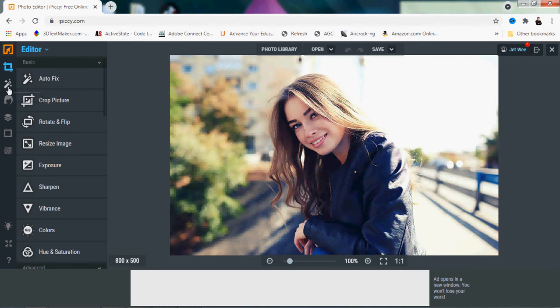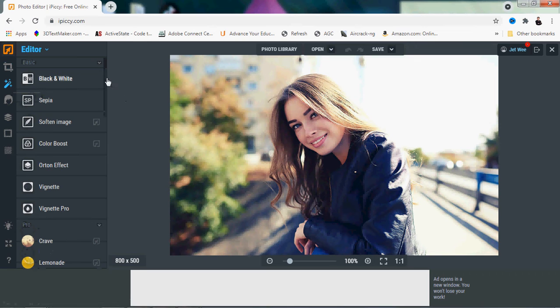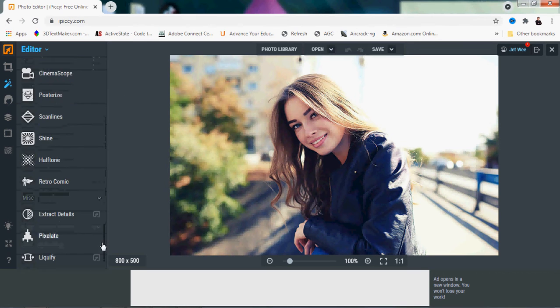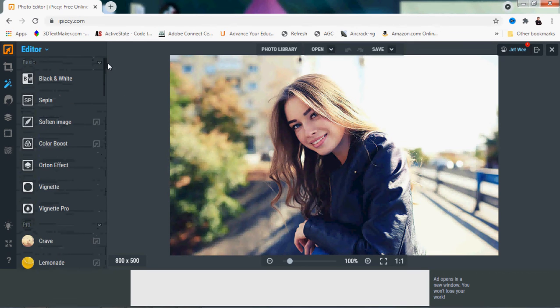So it's the second tab. Again, there is a very long list that we can explore, so we will quickly explore through this. Now of course, the basic section, you can always collapse it and expand it. So if you expand the basic section,